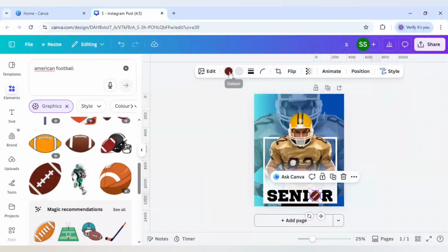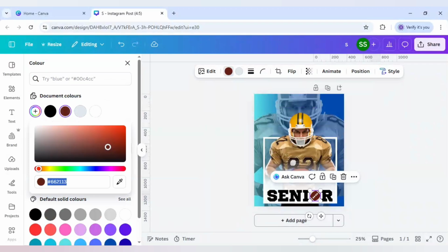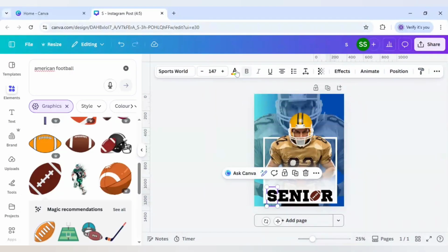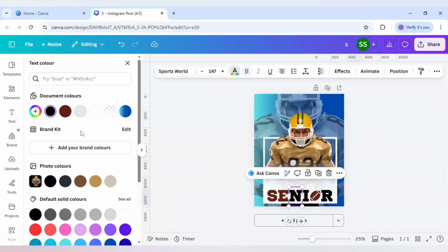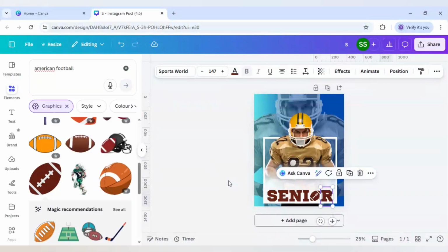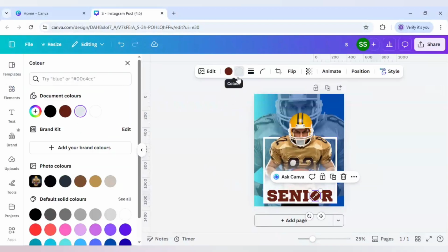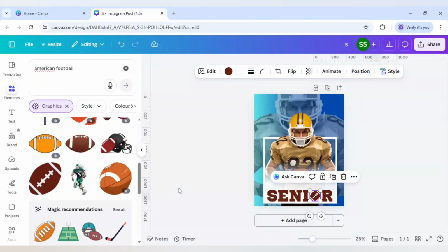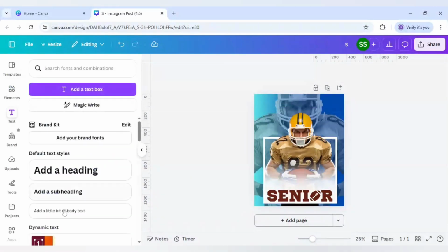Now I will use the same color for the text, which is dark brown. Let's copy the code and I will use it in the text here. So let's use it. Okay, and for this football part I will change this color to white so that it matches all the layers, and after that I will go to text layer again and click on